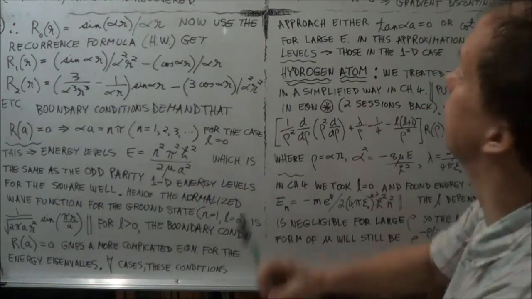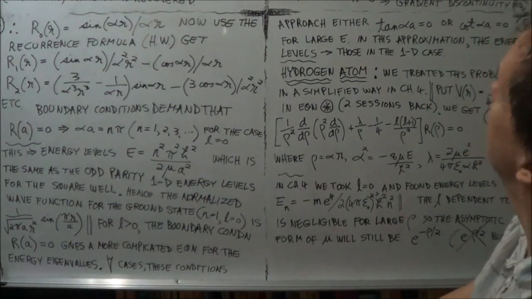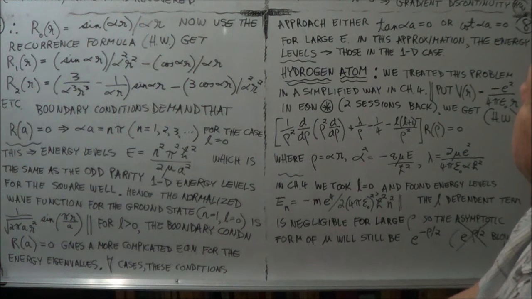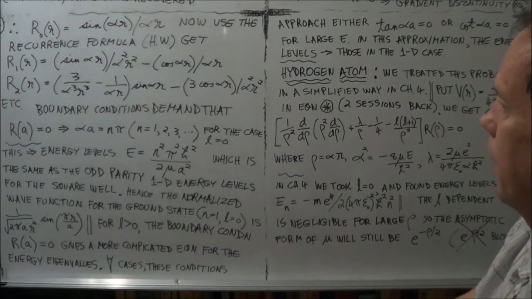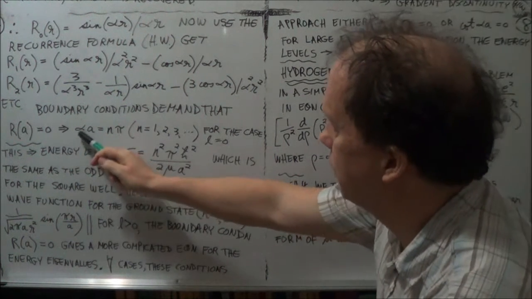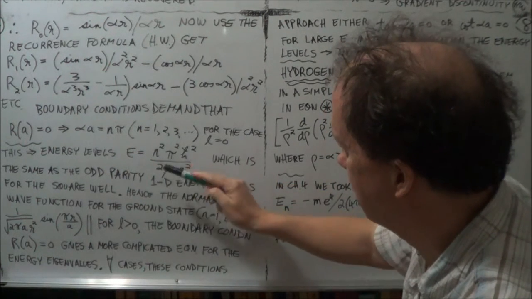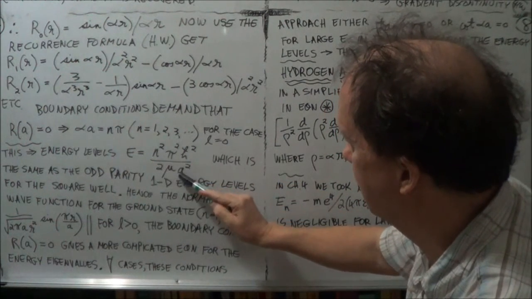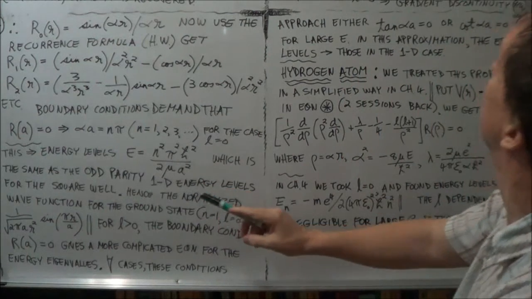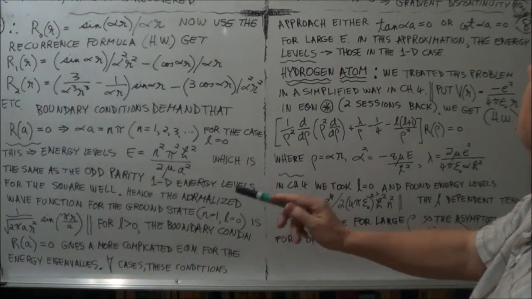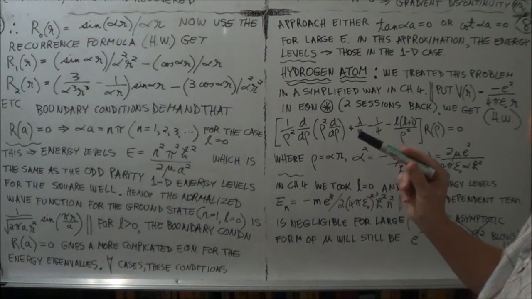From the previous session we defined alpha to be the square root of 2 mu E over h bar squared. So if you square alpha, you get n squared pi squared over a squared, and now we're trying to find E, so